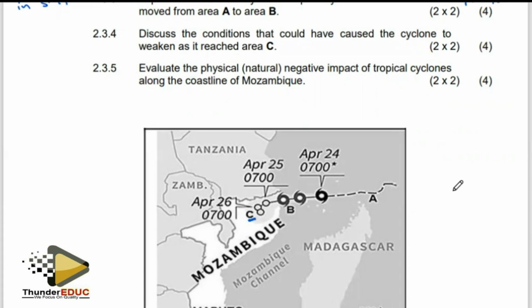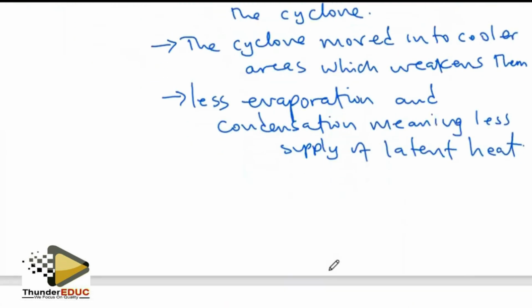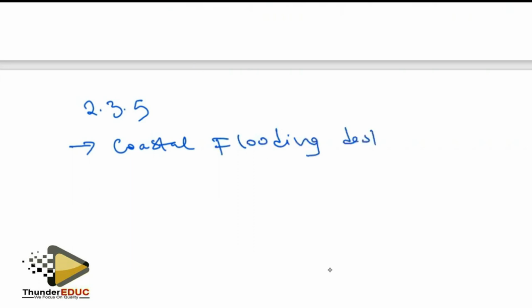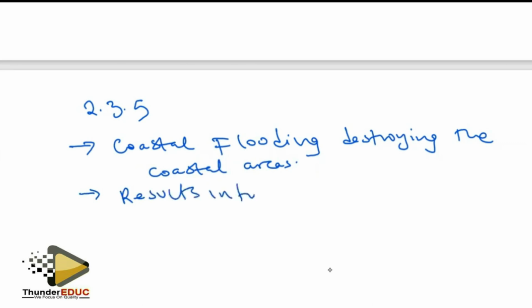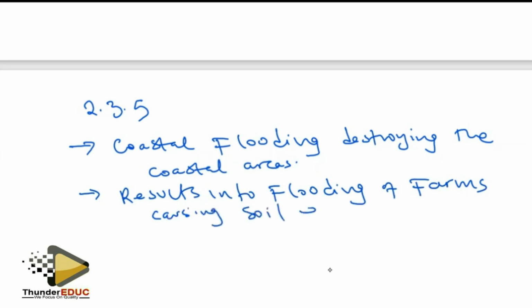The negative impacts, say, cause coastal flooding, destroying the coastal areas, which results in flooding of farms, causing soil erosion,